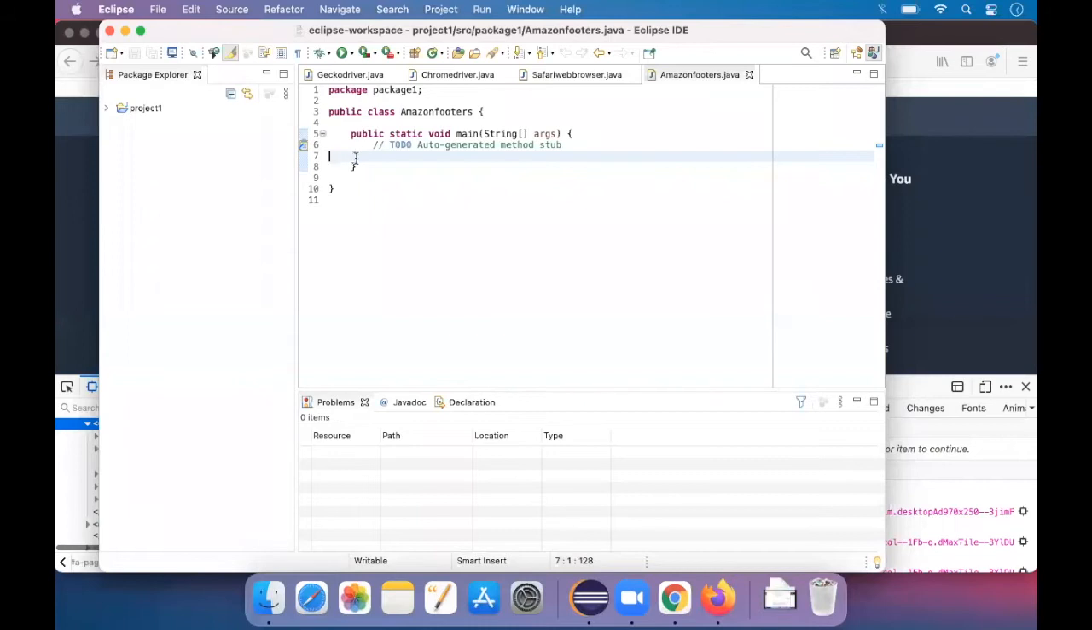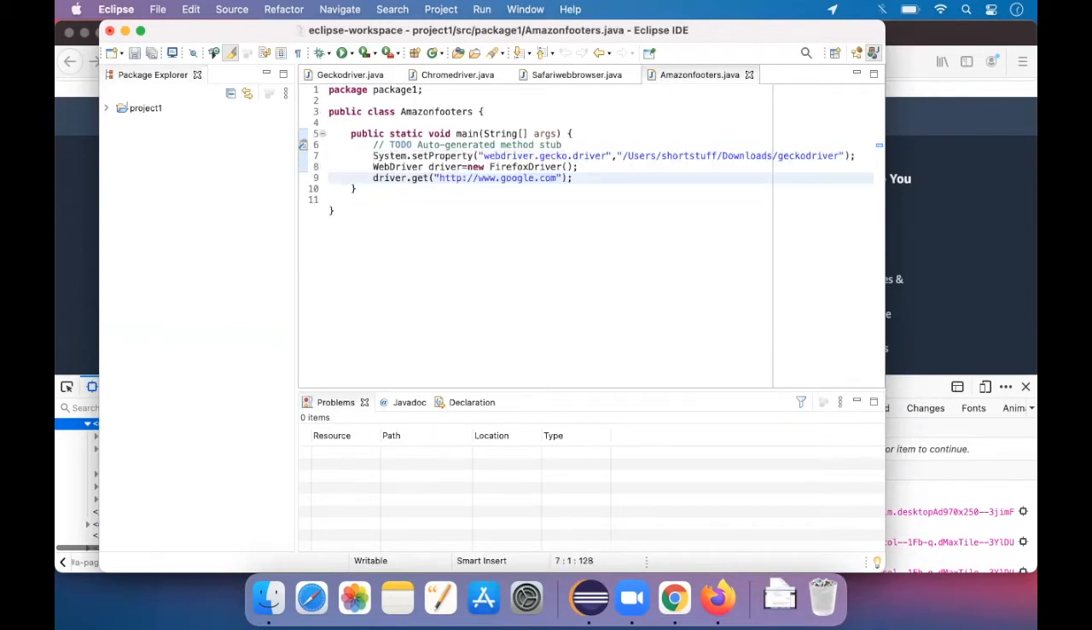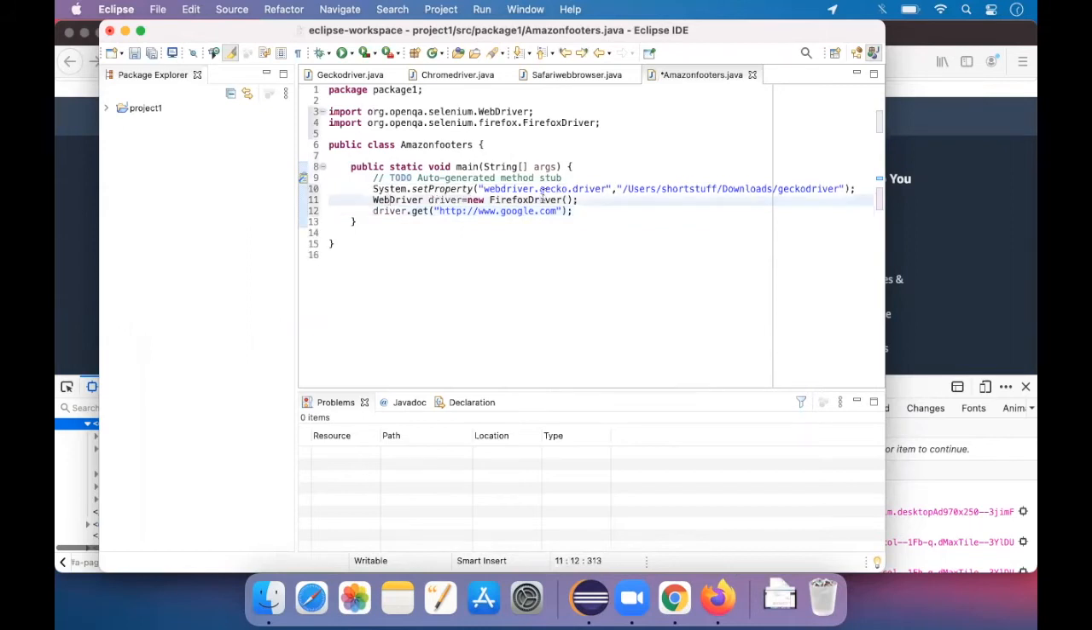So just open it. If you're going to open Firefox, just copy the lines which we did in the previous videos. I'm going to copy this and paste it over here. This line basically opens a plain Firefox window. And here I'm going to write driver.get Amazon.com. As we are going to gather the footer links,